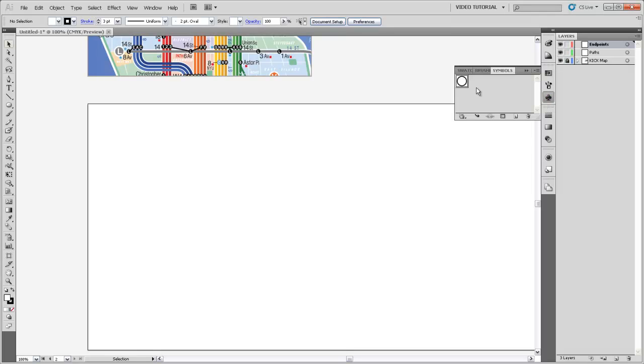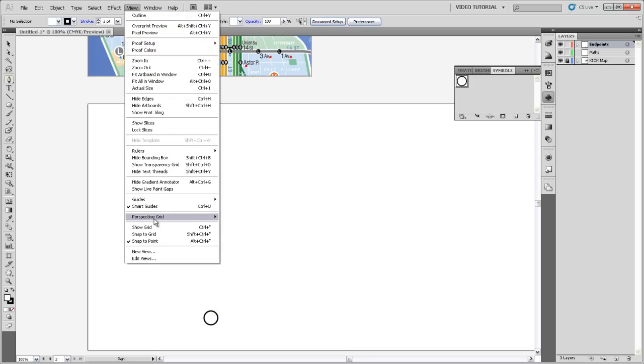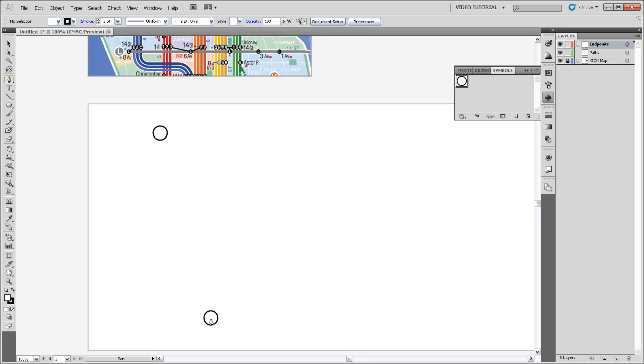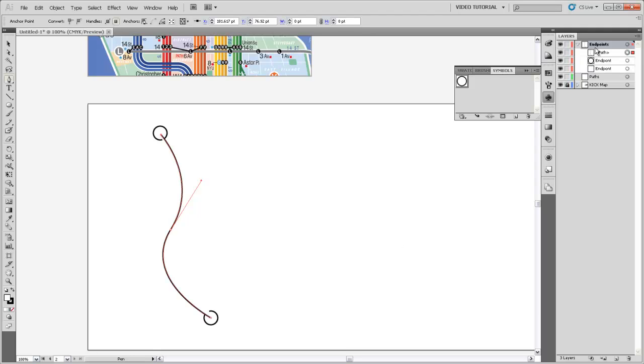So I've made these little endpoint caps here, and say that you wanted to draw a multiple parallel line segment between these two endpoints. My first step would be to come over and grab the pen tool, and I'm going to turn off my smart guides because I don't really want to be dealing with them right now, and I'm just going to draw sort of a curvy segment of line between these two points. And I'm going to make sure that that path is in my paths layer just so we can keep everything